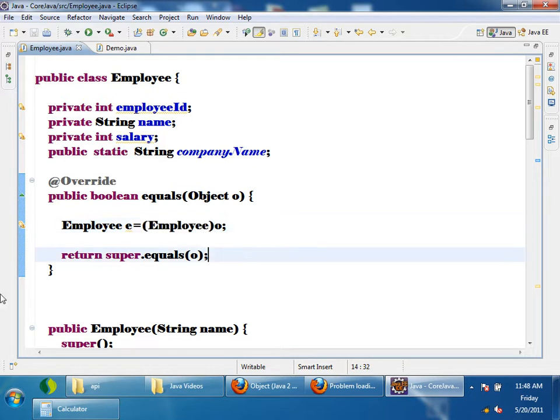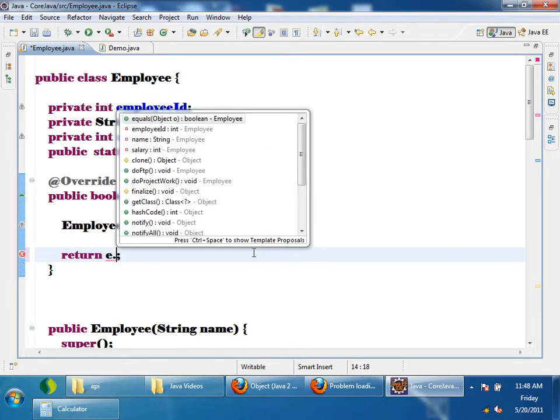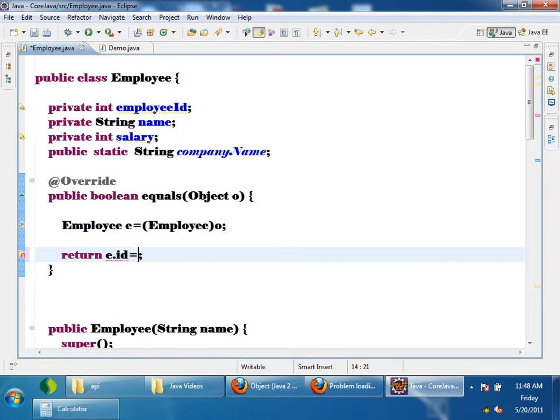Now what I can do is compare employees based on their names. Or to make it simple, I will compare based on IDs, Employee IDs. If two employee IDs are equal, then it is also returning true. So E dot ID is equals to this dot, this means the current object, employee ID.